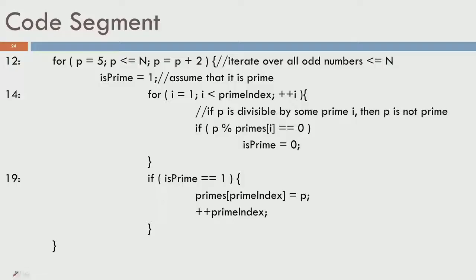So, you may have to make changes in two places. You have to make changes here so that you do not run everywhere, and at some point once is prime becomes 0, which means it is already a composite number, you do not run the loop anymore, you can stop and do something about it.